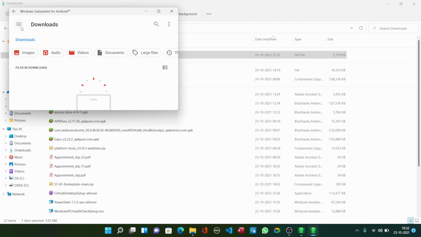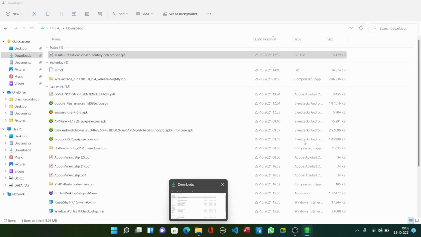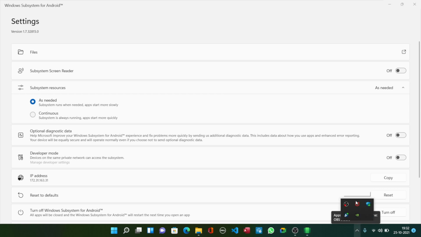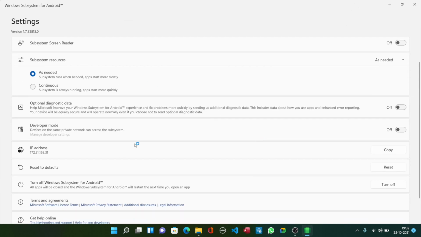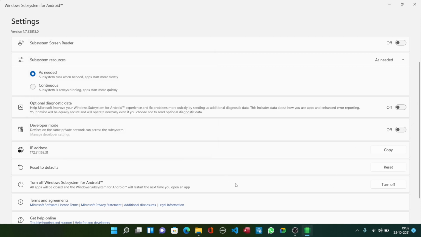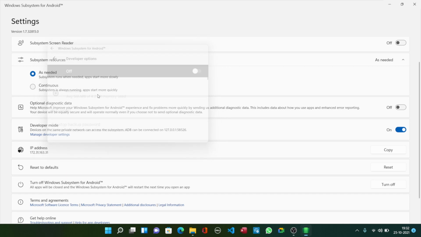So in the next video I will be showing you how to install custom apps which are not in the Amazon App Store. As of now you can also use that, and also you can use the developer settings, and whenever you turn it off, it will automatically close. If you want to turn off, you can turn off from here also,